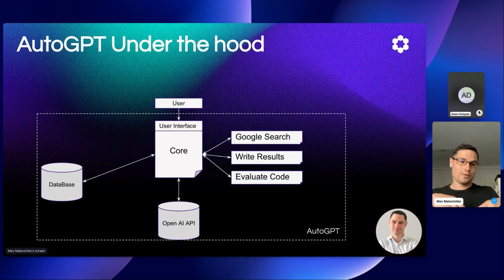So the core fires the prompt, gets the response back from OpenAI, and is able to see the command section and leverage a particular command if it has to, and give the output back to OpenAI. And this way, the interaction continues until it reaches the desired outcome, or what it thinks is the desired outcome.